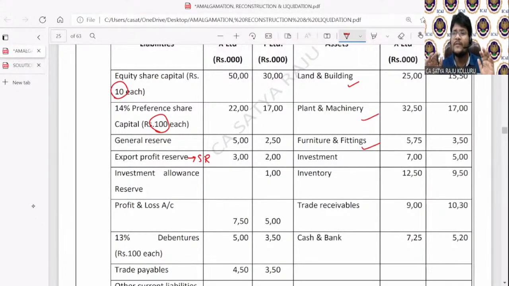Sir, the reserves and surplus which are known to you, I mean to say, if capital reserve is given, which is known to you, if general reserve is given, if profit and loss account is given, which are known to you, all the known reserves are not statutory reserves. All the unknown reserves, which you are not aware of, you can simply put as statutory reserve.